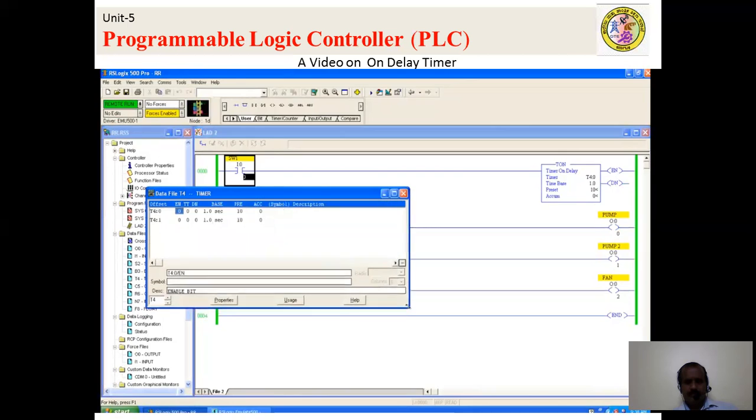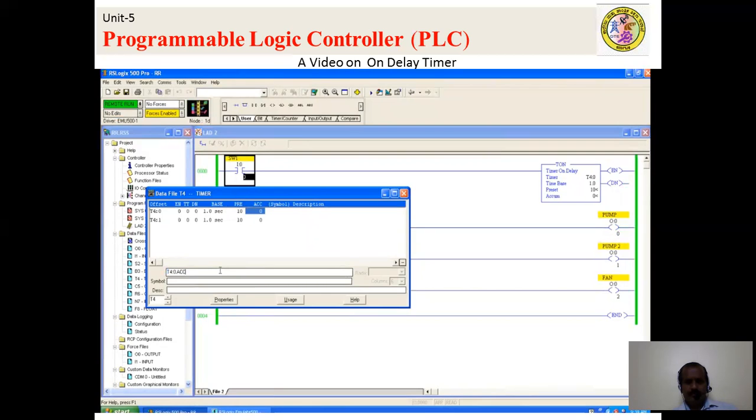So like how we have taken done bit, enable bit address, like that you can take timer's preset value address and timer's accumulator value address. If your application requires your accumulator value to compare with something, you can make use of this